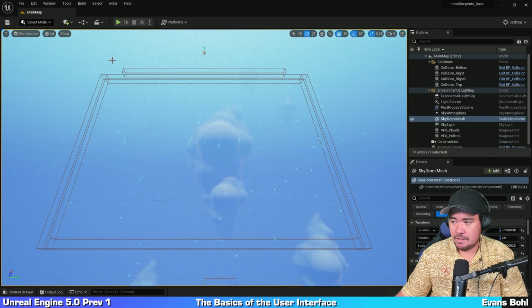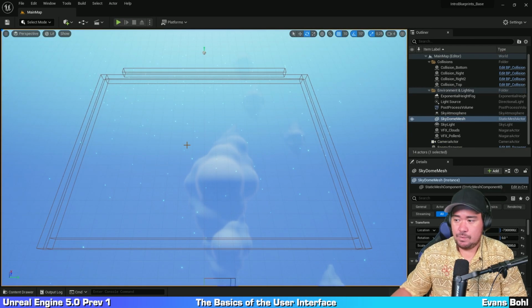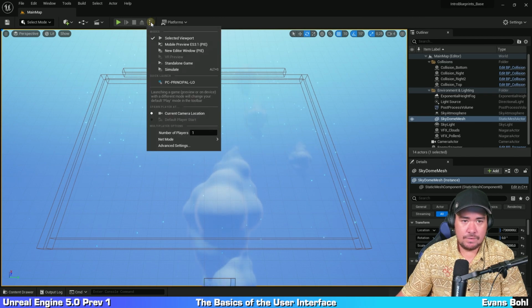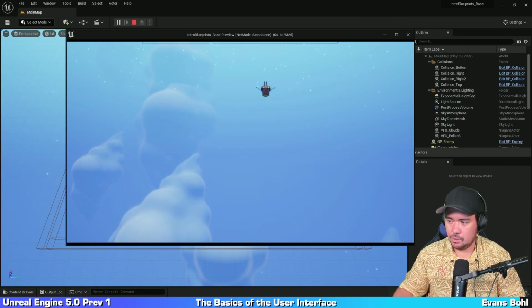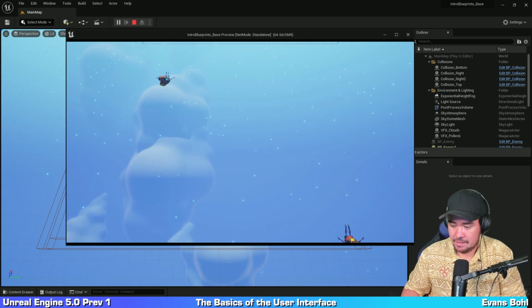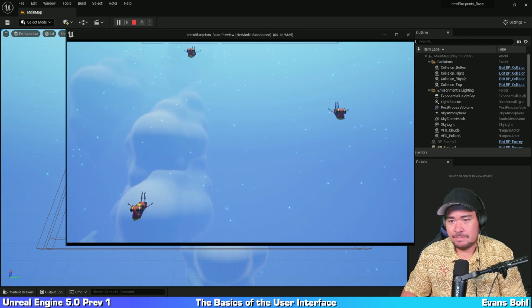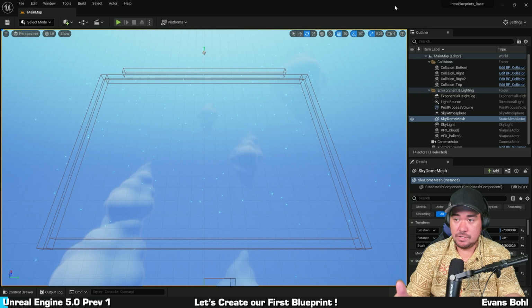The game can either be launched directly in the editor, like this, or in a separate window by clicking on these three dots right here and selecting New Editor Window. Here, when the editor window is launched, you can also escape the game by pressing the escape button on your keyboard. So, now that we know more about the user interface, let's have a closer look at the prototype